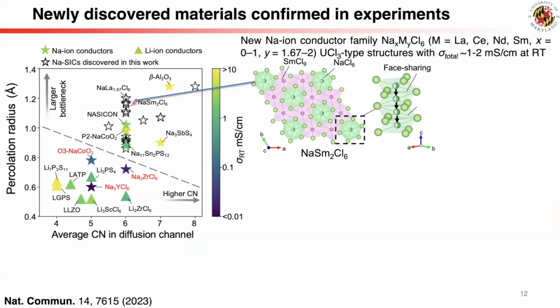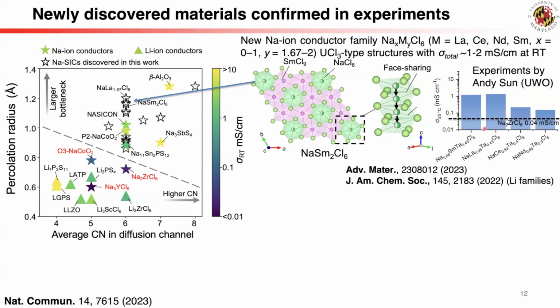One example is based on the UCl3-type structure. There is a big family of compounds in this crystal structure. As you can see, the sodium really takes this high coordination number and they are face sharing. We had experimental collaborators confirm these compounds, and they are able to synthesize a large family of them with a